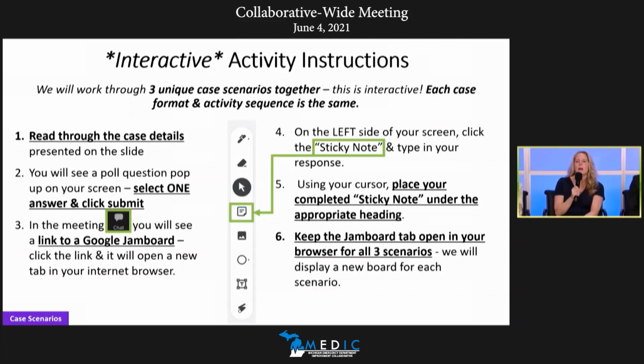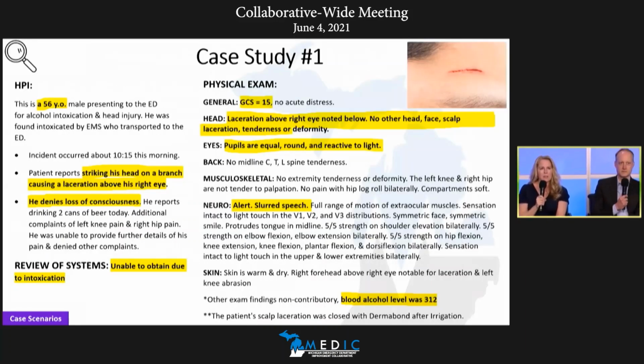All of these case studies that we've done, as I said, are actual cases, and I already know what the decision of the providers were, but we're curious to see how you would present this. After Keith goes through the scenario, or Michelle, and we do the polling and the Jamboard, I will go through and show how the abstraction actually occurred and why. We're just trying to do a whole tie-in together. All right, so we'll move to the first case study, and Keith?